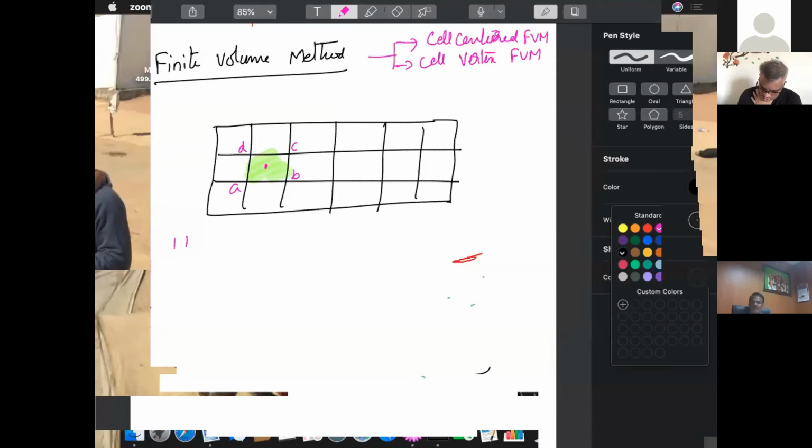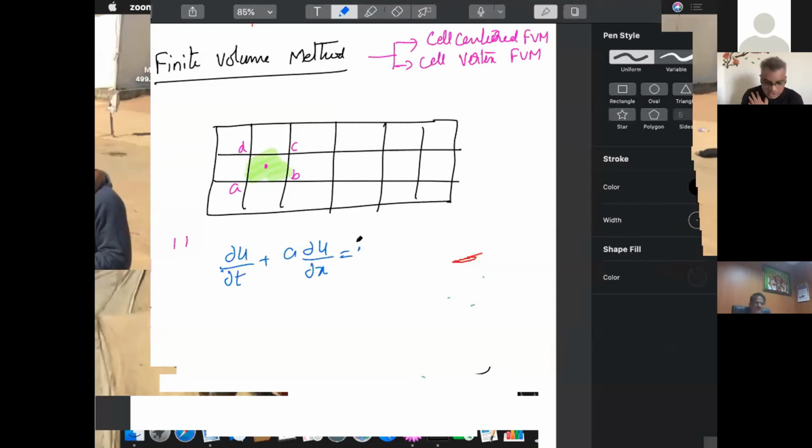No, sir. Continue. Okay. So the basic idea is, if I take my wave equation, dou u by dou t plus a dou u by dou x equal to 0, this is my equation, and I'm looking at u of x comma t as a solution. So my data point is u. Where is my data point stored is the question that you need to ask. In the finite difference method, the data is stored at the grid point. In the case of the finite volume method, how many points are there?